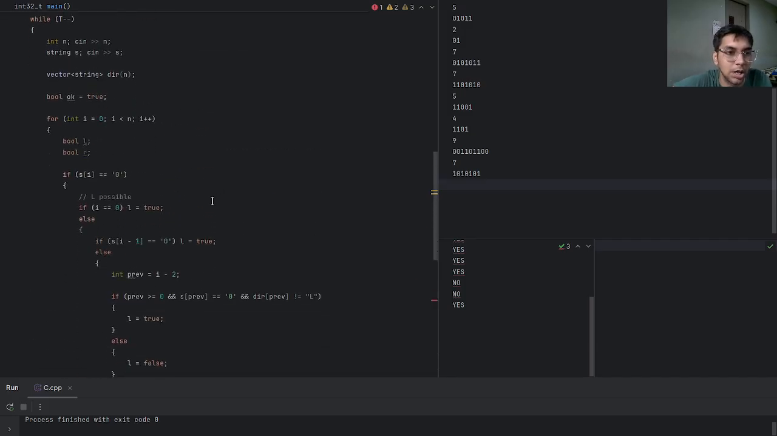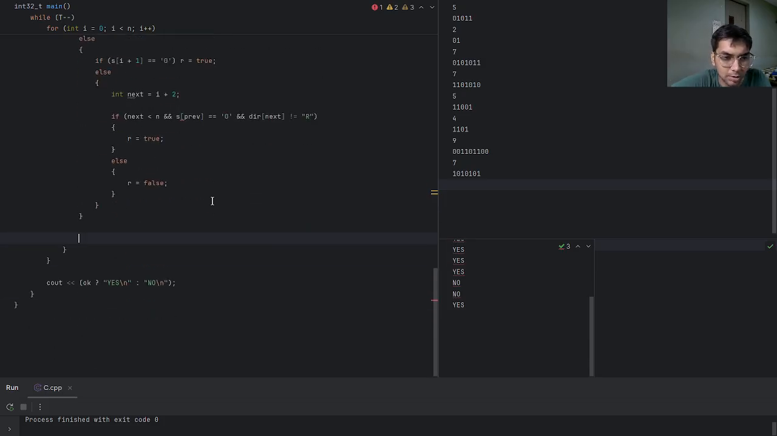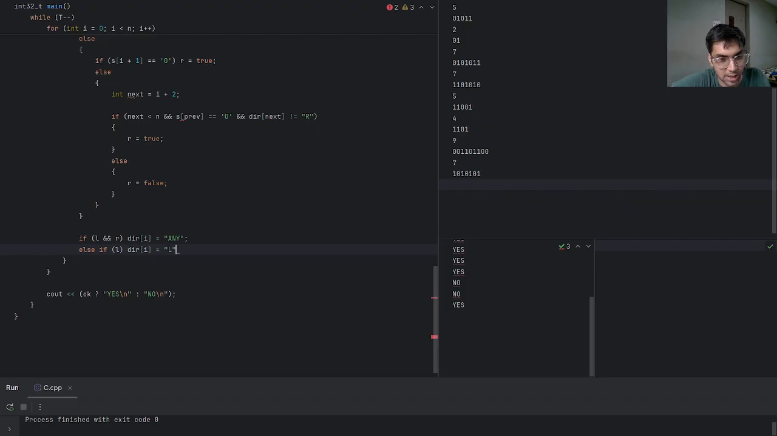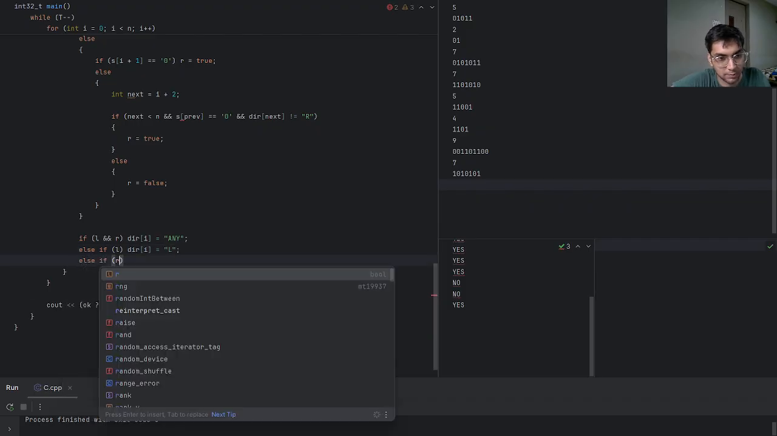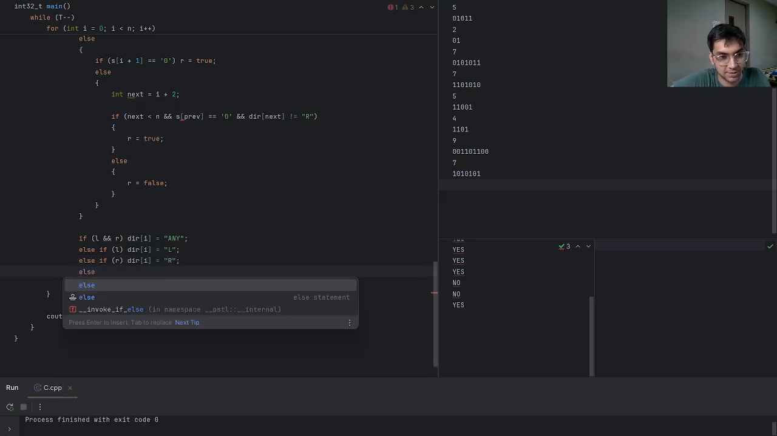So now we come and we're like, if L भी बिठा सकते हैं, R भी बिठा सकते हैं, then direction of I is any, else if L, direction of I is L, else if R, direction of I is R. कोई भी नहीं बैठा सकता।